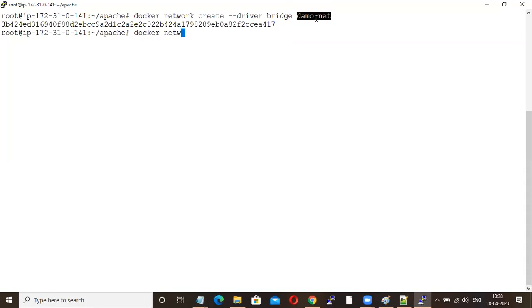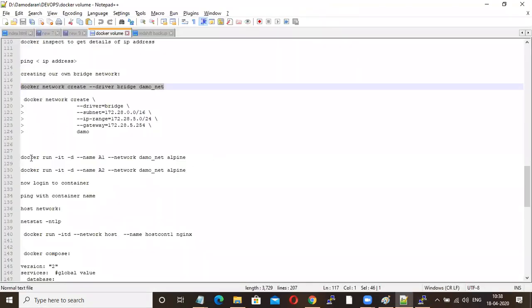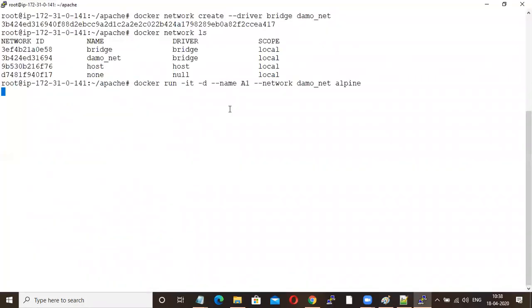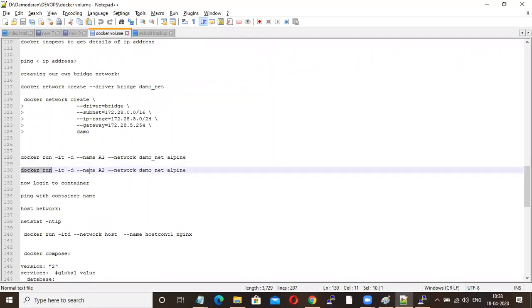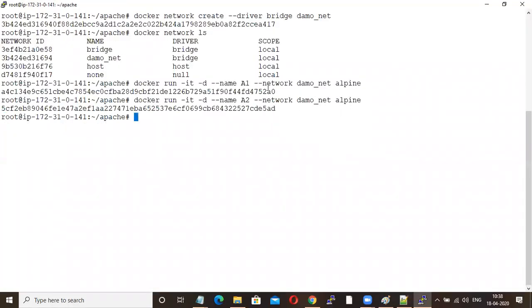Now docker network ls, you will have your network name. Next, I'm just launching two containers within my network. Same command, I'm just using --network as my network, which I have created here.